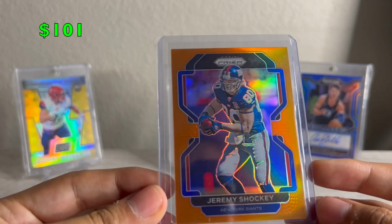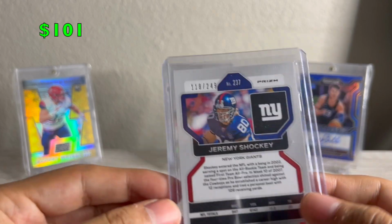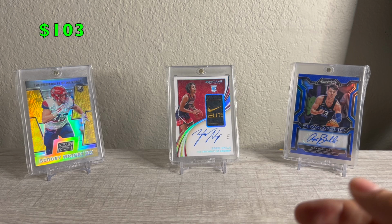Another card from that $70 lot that I posted, Jeremy Shockey, listed for $3. This one sold for 15% off, so $2.55. Not amazing margins, but again, it all adds up. It was just stuff, if I could get it